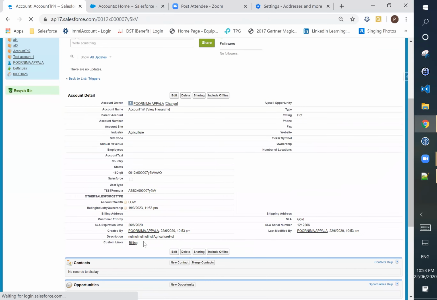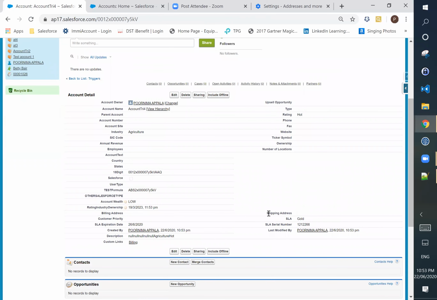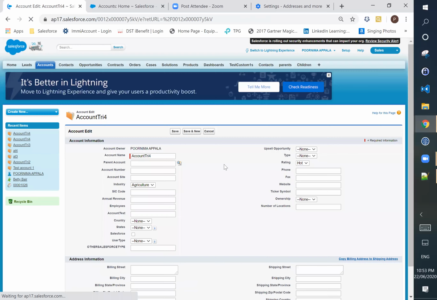Shipping street and shipping address completely, you have to give.